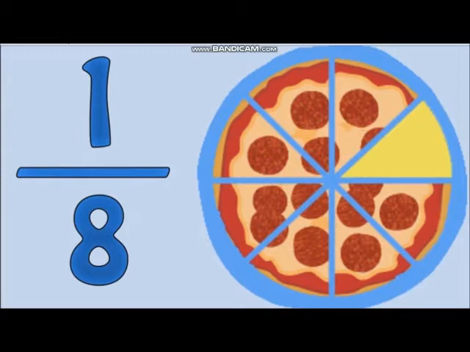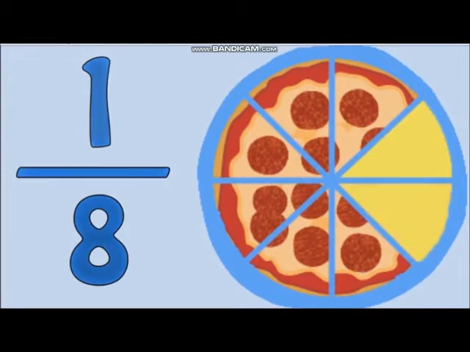Means हमने जब इस पिज्जा में से एक स्लाइस को हटा लिया, so the fraction of this slice will be 1 upon 8. So total equal parts are 8, जो हम कहाँ लिखेंगे? डिनोमिनेटर में. और जब हम कोई स्लाइसेस हटाते हैं, यानी कोई पार्ट्स जो हम रिमूव करते हैं किसी होल थिंग में से, so वो पार्ट्स हम कहाँ लिखते हैं? इन द न्यूमिनेटर, इन द अपर पार्ट. So 1 upon 8 is the fraction of this slice.